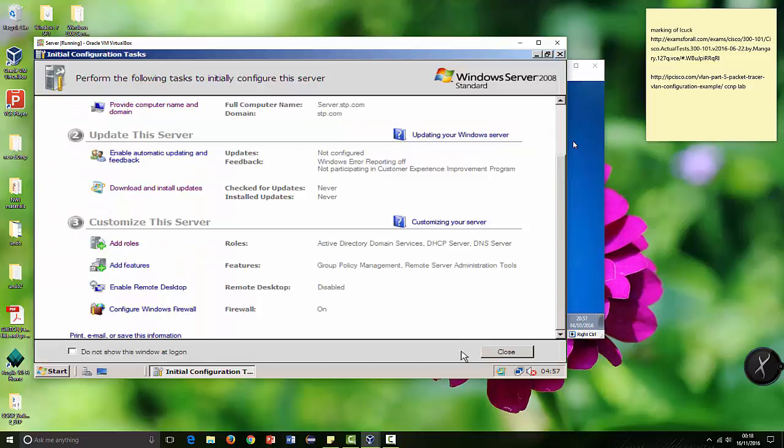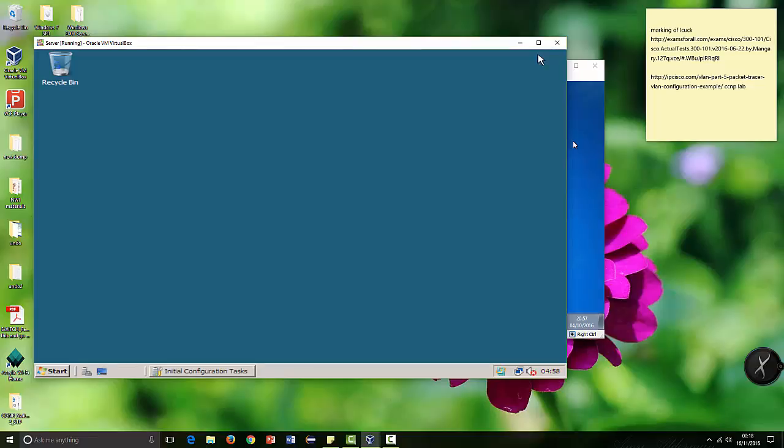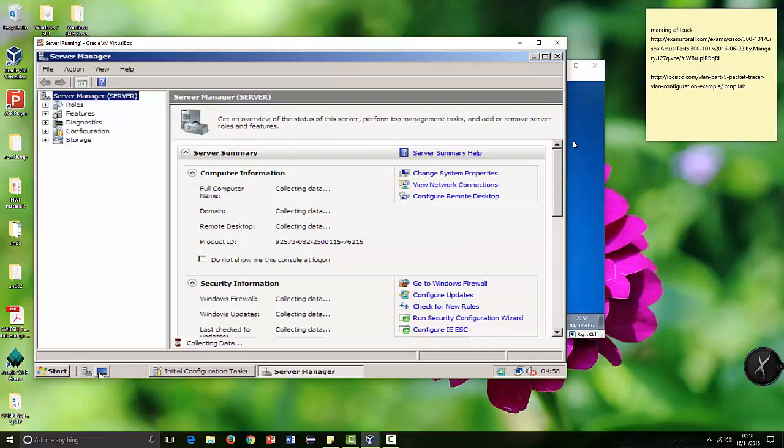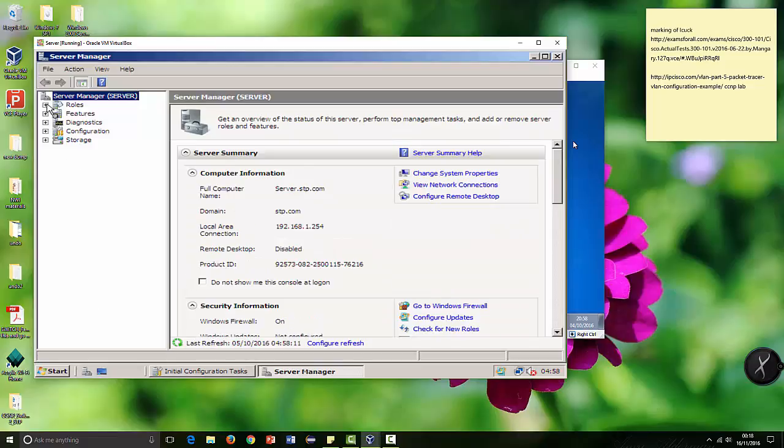Yeah, so that's done. You can see now ADDS, DHCP is added apart from DNS and ADDS. Now we're going to go to server manager, and you need to expand the roles so you can see this DHCP server here. So we can work from here,